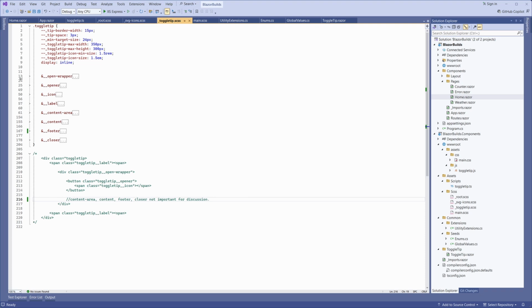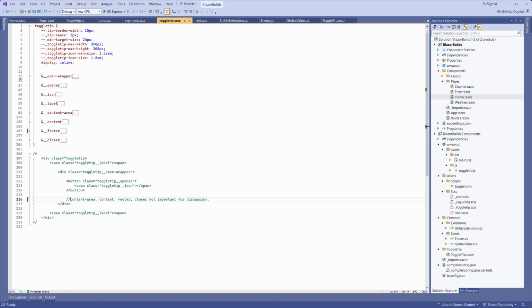The more I use CSS, the more I seem to create. I use the B.E.M block element modifier naming convention, with elements being denoted by the double underscore. The main Toggletip class is the block part of B.E.M. For those not familiar with Sassy CSS, the ampersand is not the same as native CSS nesting. The ampersand just denotes the parent selector appending the text after it to create a new CSS selector. For example, ampersand double underscore open dash wrapper, when output, becomes a class selector with the name of Toggletip double